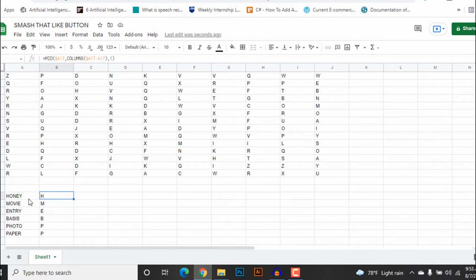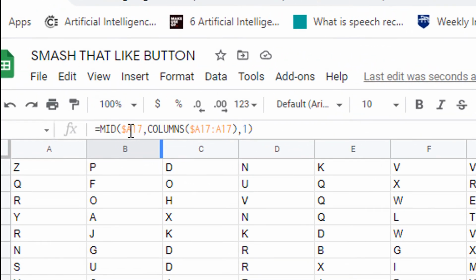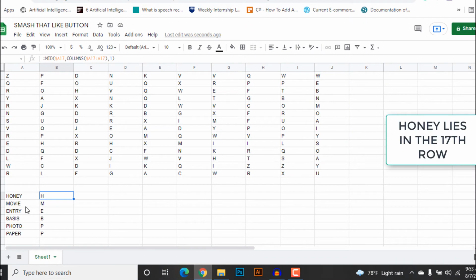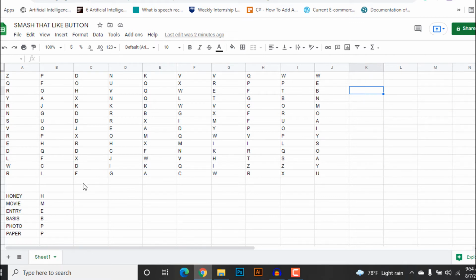So as you can see, this formula writes down the first character of the word that you have. So to use the formula, make sure to change the value of this A17 that I have written here according to the place where your word is placed. So let's say for instance your word is placed at this tab here, so make sure to change A17 to K3. So write K3 in all of the tabs here.